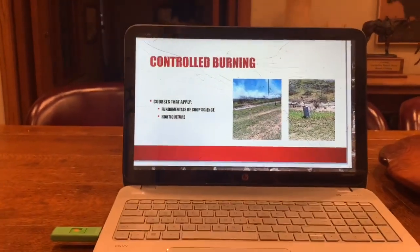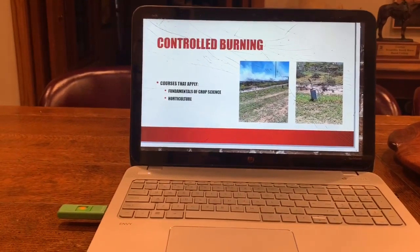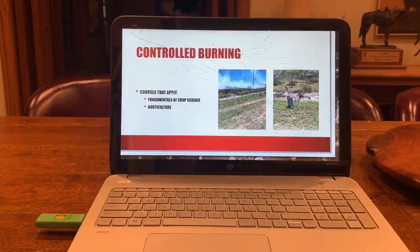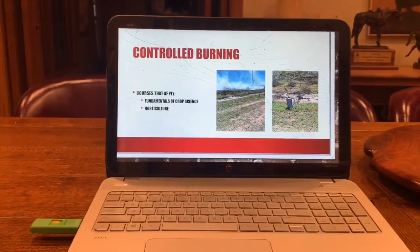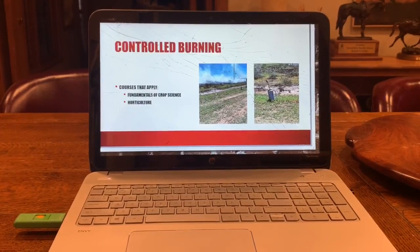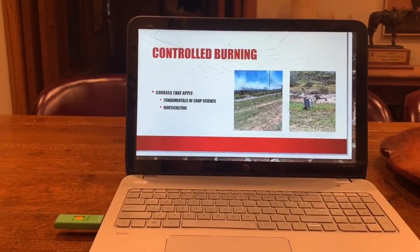Now as we move on to one of our third big tasks of this ranch, it was probably controlled burning, but a broader deal was probably range management. That's a big thing here. So we did a couple of controlled burns here, burned our pastures to improve pasture health and reduce fuel loads. So if wildfire were to spread here, the fuel load is a lot less and it won't be a big